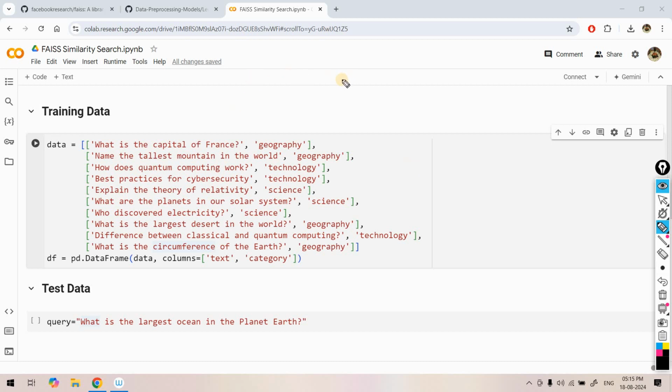So today in this particular video we are going to explore another very important vector database, and that is FAISS, or Facebook AI Similarity Search. While discussing vector DB, we have already encountered two varieties. One is Pinecone